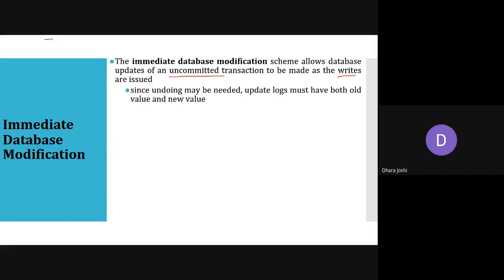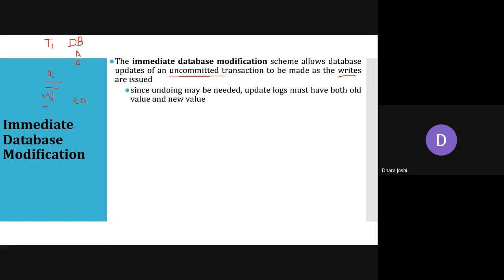It may be possible that a transaction is there, and here we have the database. Previously, the value in the database is 10 for data item A. The transaction has read it and then made some operations. Here the transaction writes the value and the updated value is reflected as 20.